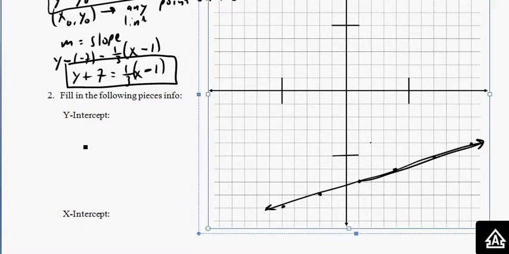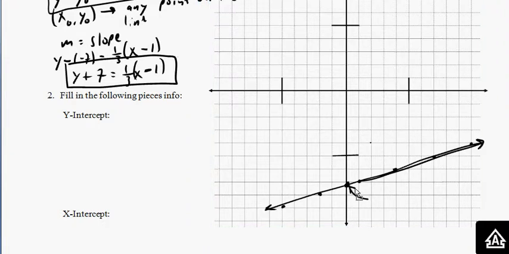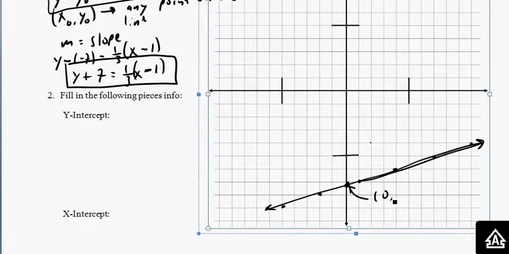Now, in number 2, we're asked to find the y-intercept. We can see that this y-intercept is not a whole number. It's somewhere between -7 and -8. And in fact, since the line changes 1 y for every 3 x's, that means if we go back 1 x, the y should only change by 1/3. So that means this y-intercept must be 0, negative